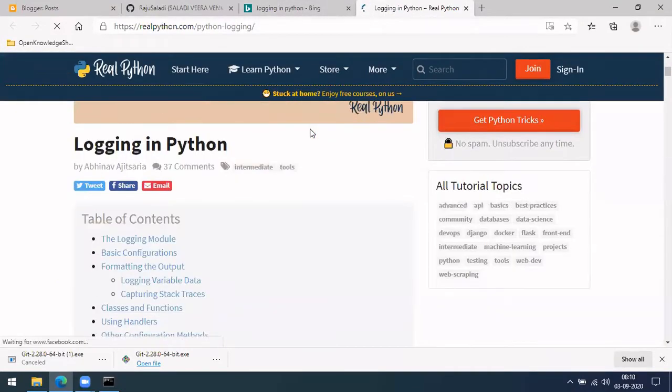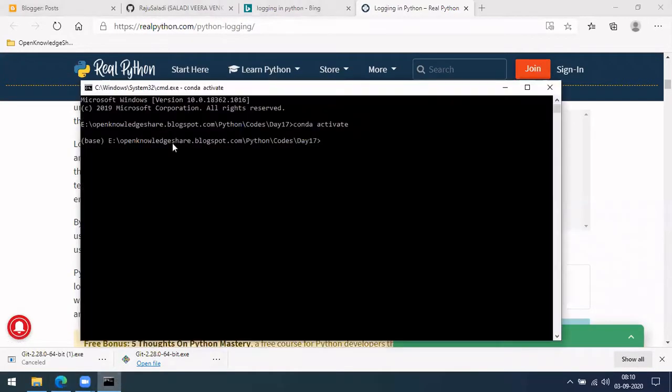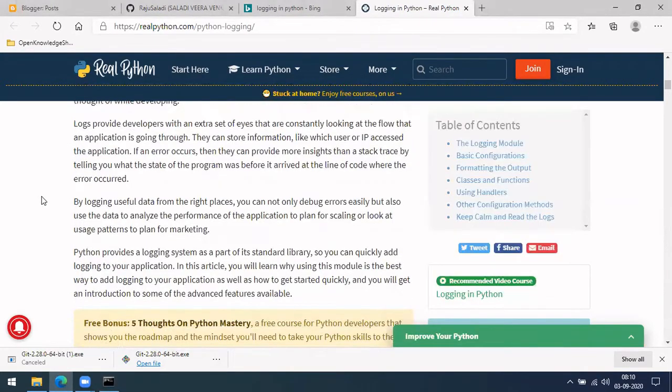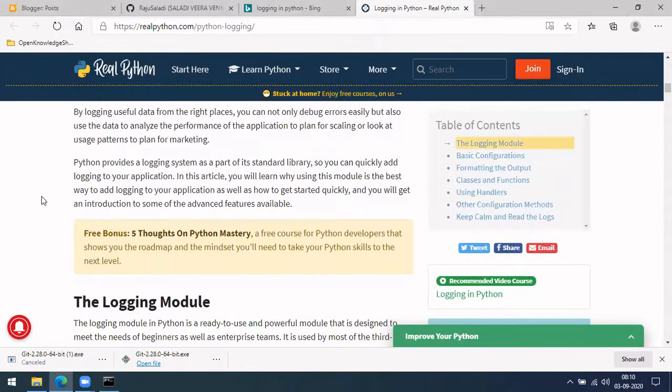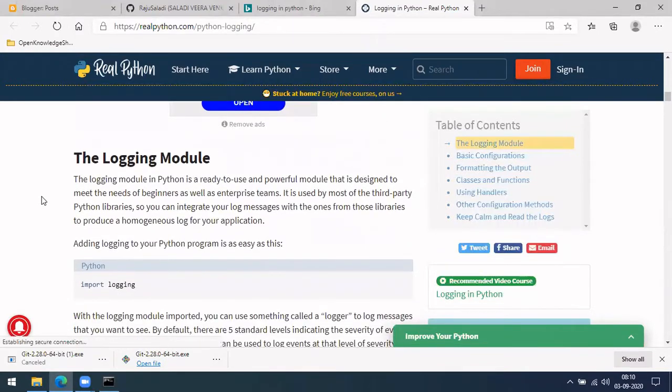So what this logging is, whatever you want to print for your reference in your command prompt, you can also save it in your logs where you can refer to it later. There are multiple purposes, like debugging. These logs will help, and for the end user it will be a different kind of log. You only want to show a few things, something like that.